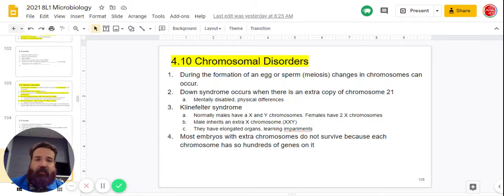Now if during meiosis some of the chromosomes don't separate like they're supposed to, then you could end up with a sperm or an egg that has too many chromosomes or too few chromosomes. One example is if a zygote is formed and it has 3 copies of chromosome 21, then that's Down syndrome. People with Down syndrome are mentally disabled. They have physical differences. Klinefelter syndrome, they have